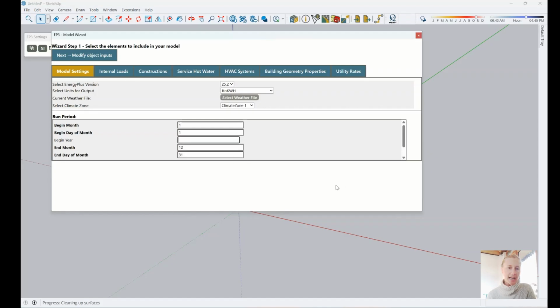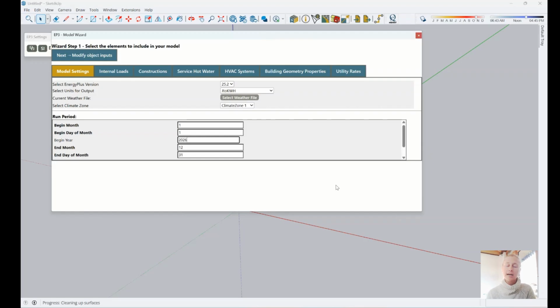Now, I'm going to actually select a year as well because this is a university campus building with classrooms and laboratories, and university buildings tend to have a little bit more flexible schedule than, say, offices or retail spaces. And those vacations, when the building is completely shut down, are often determined a little bit year to year. So we can choose